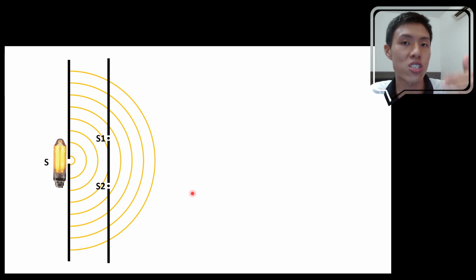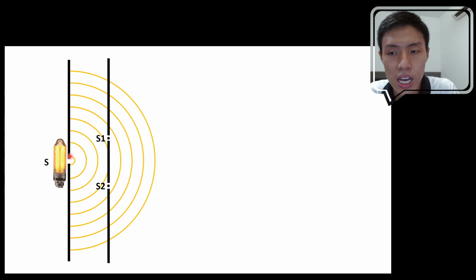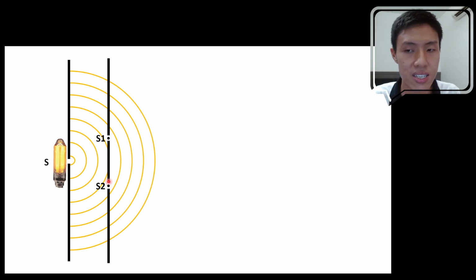The second element, which is constant phase relationship, how is it achieved by this simple setup? Well, if you think about it, the light wave that emerges from this single slit has to travel a certain distance to reach slit 1. It also needs to travel a certain distance to reach slit 2, right? So now if you arrange it so that the distance from slit 0 to slit 1 is the same as the distance from slit 0 to slit 2, or you can think of it as equidistant, this distance and this distance here, if they are equidistant, then